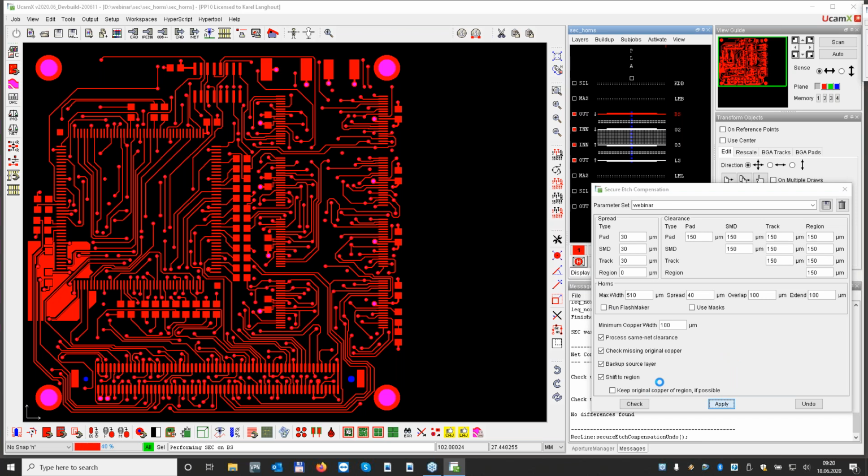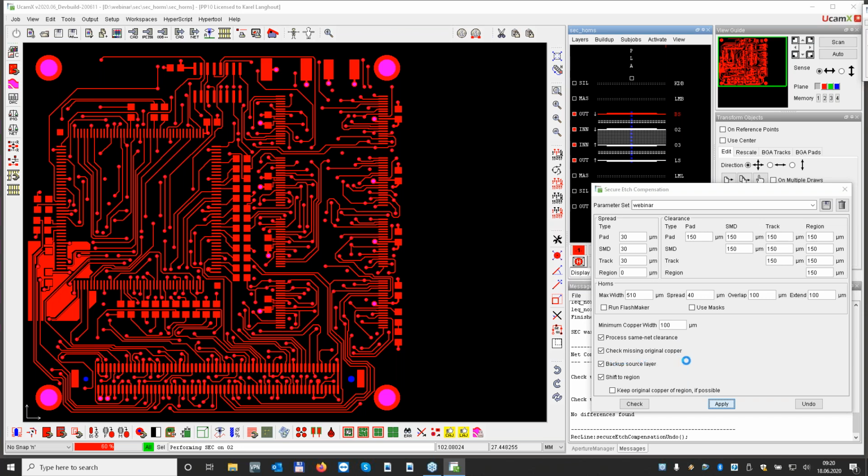So now I can talk a little bit again. We have here a process same net clearance. So actually, if I have something like peelables, it will take care that it also has the 150 micron clearance between the pad and the track. But of course, same net is also very important if I have coils. So if I have a coil somewhere on my PCB, this is actually a very useful feature. It also allows you to get a nice width for your coil as well.